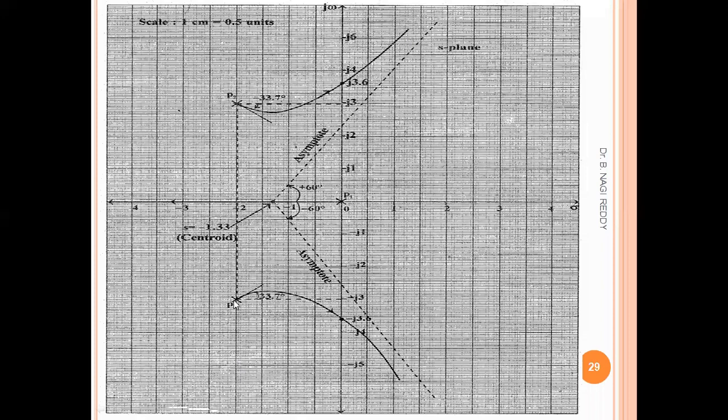draw the line like this. Here also draw a line like this with a smooth curve, with the hand only, not using any scales. The curve has to make an angle of minus 33.7 at P2. That's why we have taken a small line here for reference. Okay, so this is the complete root locus, on the real axis as well as on the imaginary axis. This is how we can plot the root locus for the given system. Okay, thank you.